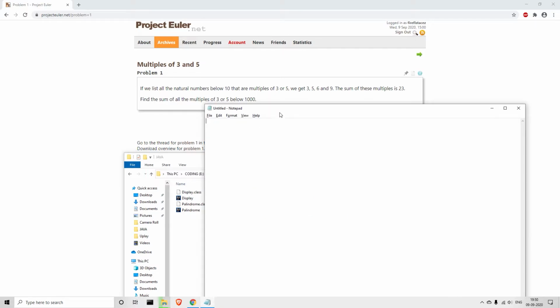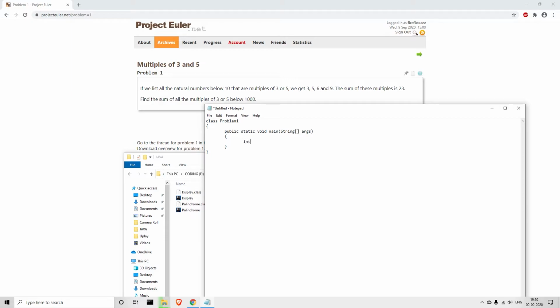So I have a notepad file here. I'll name the class Problem1 with a capital P. Remember that whenever you name a class in Java, the first letter has to be capital. I'll write the code in the main function itself, public static void main, and you have to pass in the arguments of a string array, and you can give it any name. I'll just stick to args for safety. Whenever you define a main function, remember to include static void and the parameters.